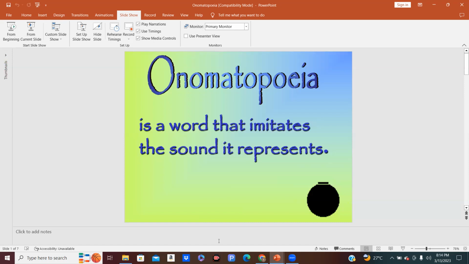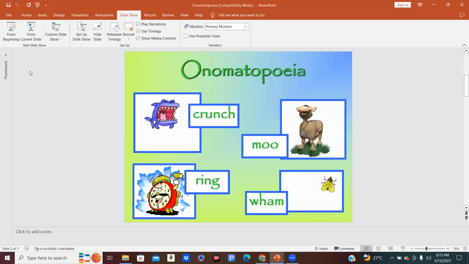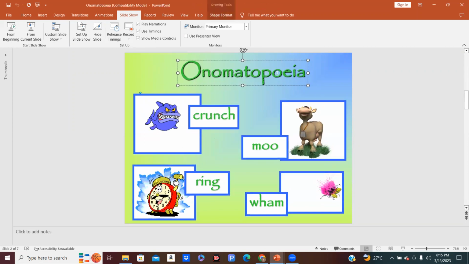Are we done with the slide? Yes, sir. Okay. All right, so let's move on to the next slide. Okay, good. So these are examples of onomatopoeia. So you could put examples of onomatopoeia somewhere there. So let's put examples. So examples would be